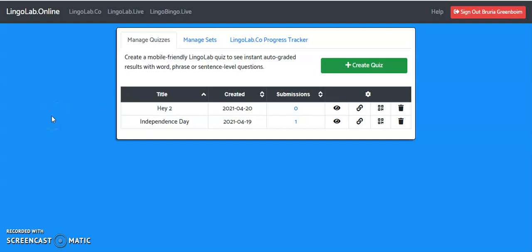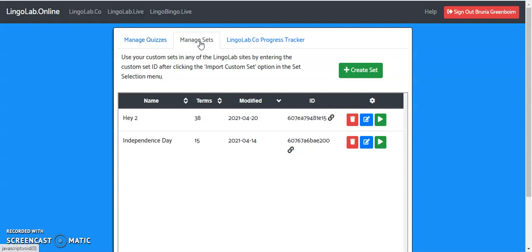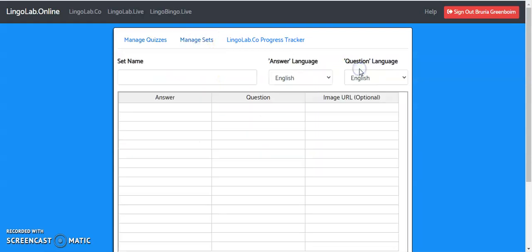So this is the Lingolab platform, which can be great for practicing vocabulary. So let me show you some of the features. First of all, if you want to use your own sets, you click on Manage Sets and then click on Create Set. So you can either type in each term,